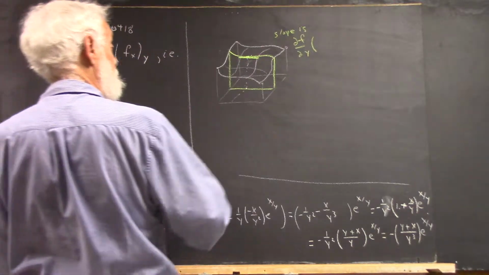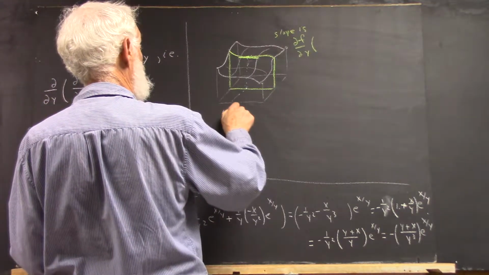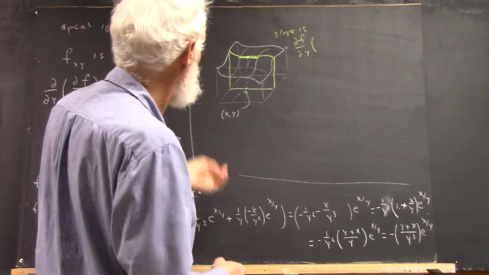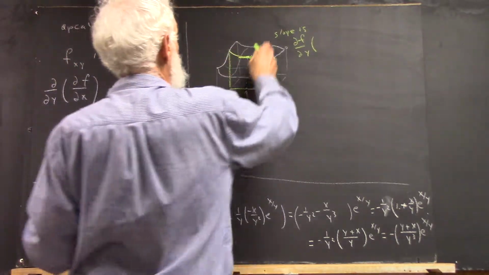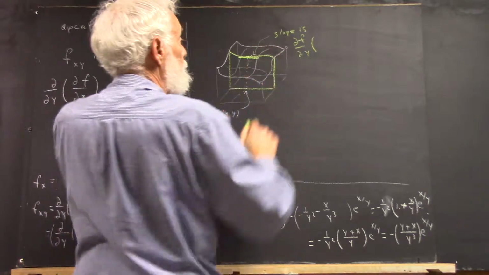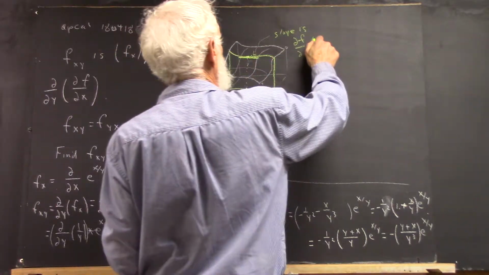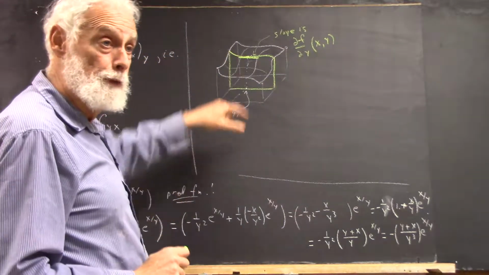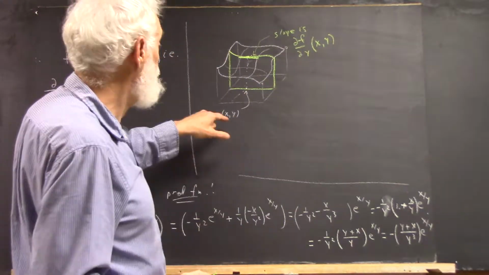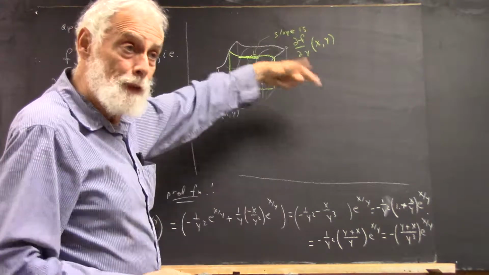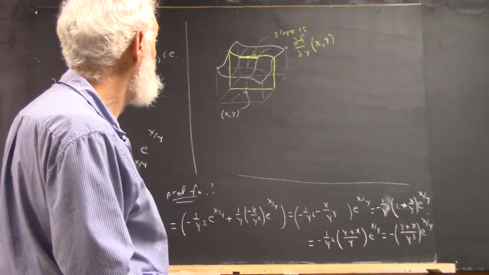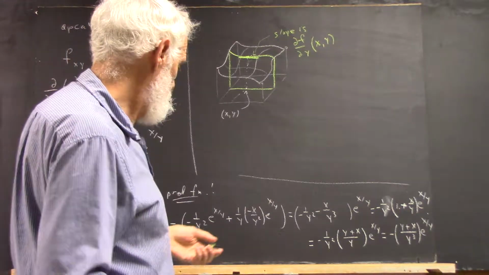So this point, I'm going to call my point xy. So the slope of this line segment here is the partial f with respect to y at point xy, the point I've chosen to call xy. Now I could have called that x naught, y naught, but it's a general point, so I'm just going to call it xy. Okay? Then I can do the same thing